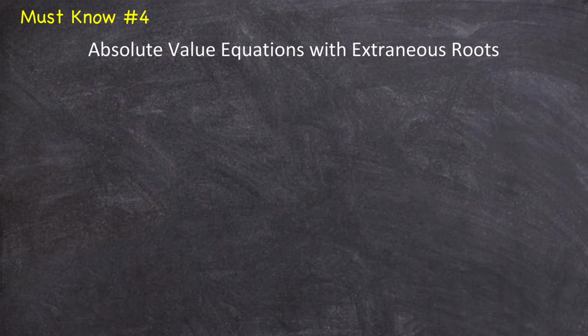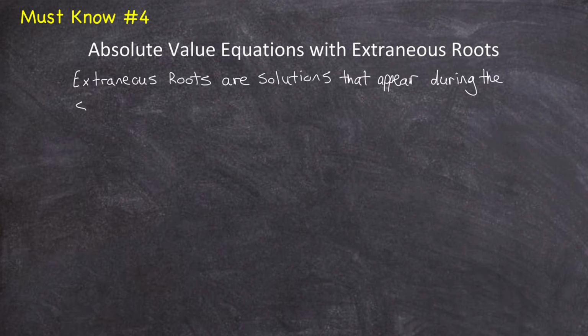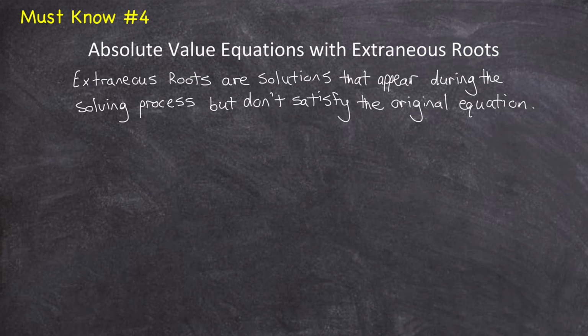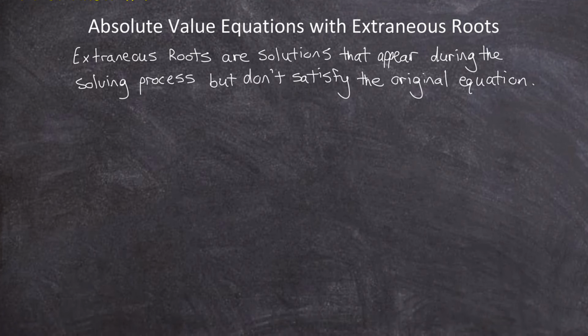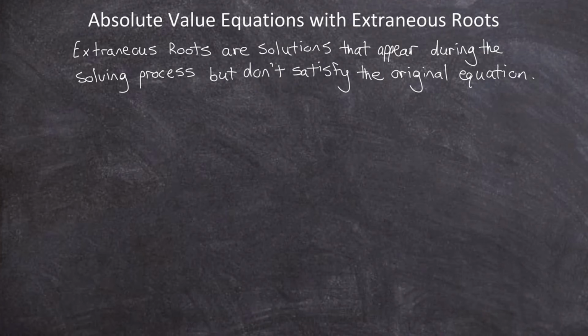Now in the last section, when we solved absolute value equations, the answers we got always satisfied the original equation. But sometimes when solving absolute value equations, you might get an extraneous root. An extraneous root is a solution that appears during the solving process but doesn't satisfy the original equation. So let's solve 2 absolute value equations that have an extraneous root or roots so you can see what I